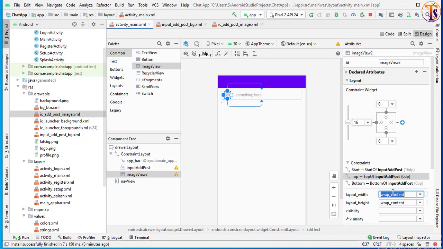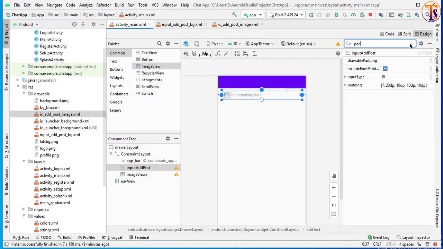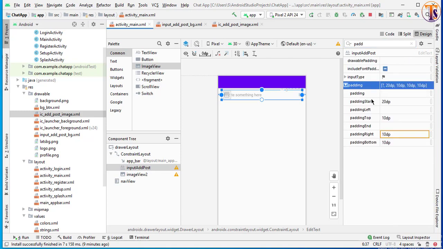Width will be 50, and decrease the margin from left, and select the padding of this edit text. Padding from left, and change the padding from left to 50 dp.